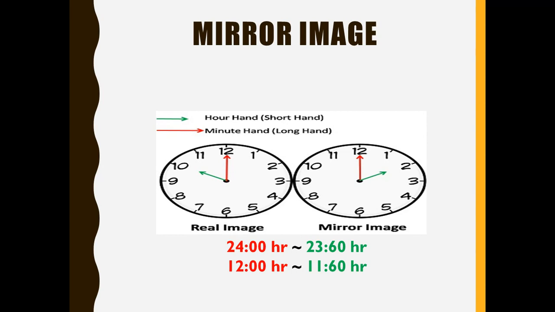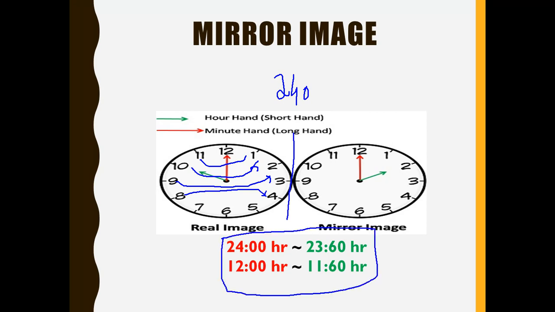Now the mirror image. If you keep a mirror in between, how should it reflect? See, 11 appears as 1, 10 appears as 2, 9 appears as 3, and 8 is mirrored as 4. That is reciprocal. Now it is 10 o'clock; when the mirror is there, it looks like 2 o'clock. If the problem comes, this is the main highlight.